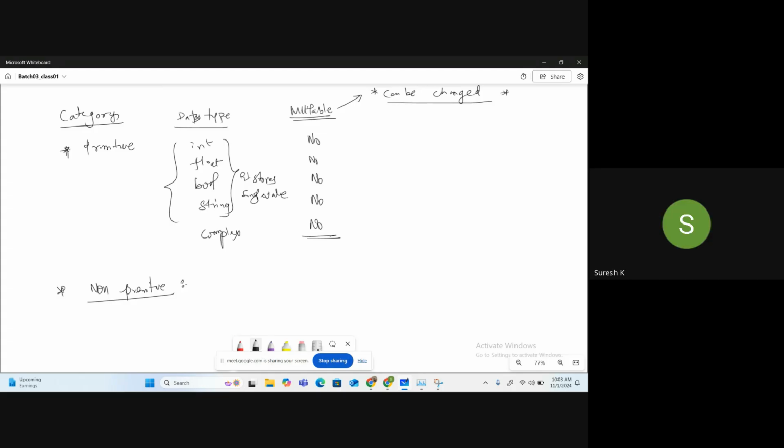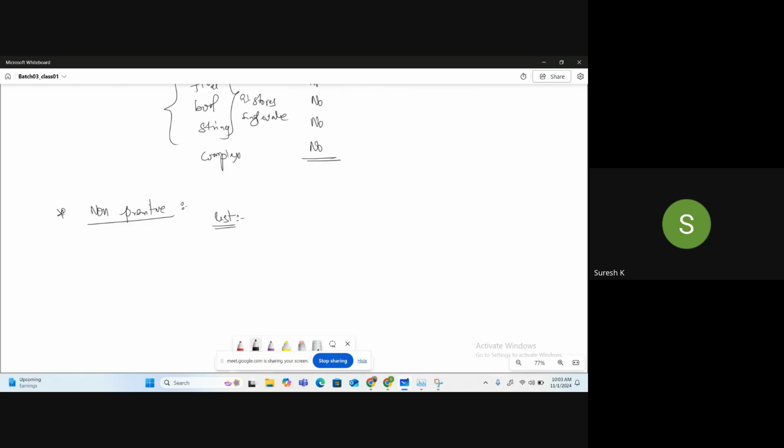In non-primitive, what do we have? List, tuple, set, dictionary. List is mutable, yes. Tuple is no. Set is yes.